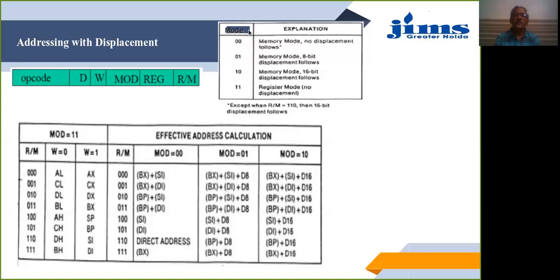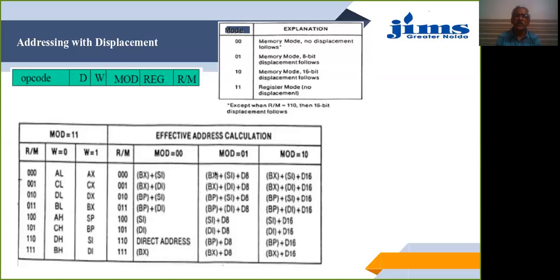When the field is 00, it is memory mode only and no displacement. You can see in this particular column that there is no displacement. The address is given only in the registers or a direct address. Then when the mode is 01, it is 8-bit displacement.